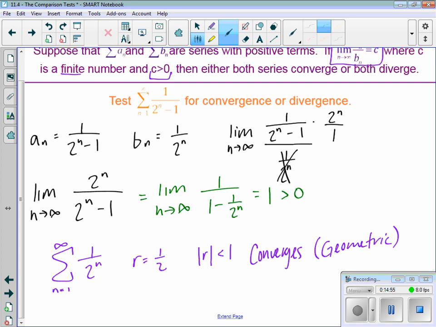It's not asking for what the sum is. Okay, it's asking whether it converges or it diverges. So then what can we conclude here at the end? That this converges. We only care about what's happening to this one in the very end. So therefore, the series, I'm going to say the given series,